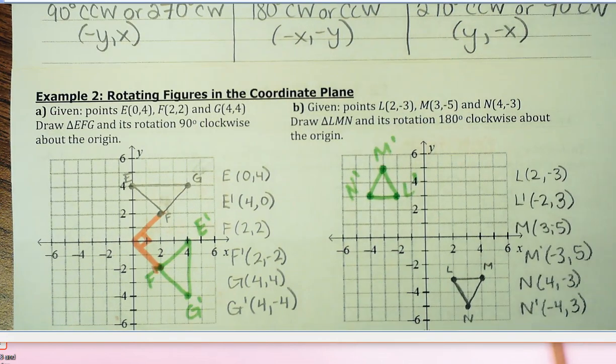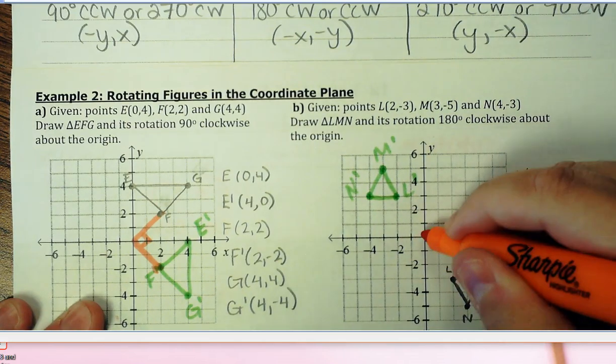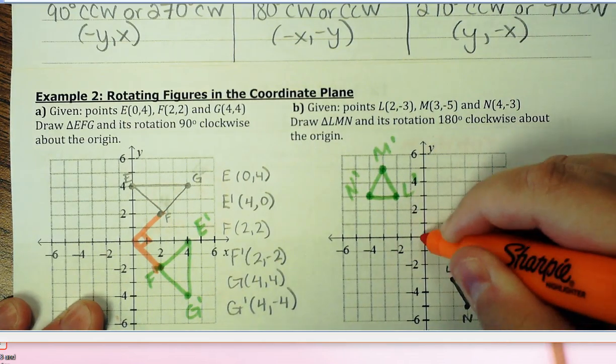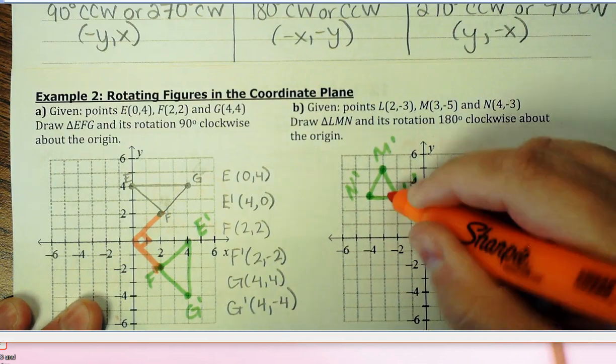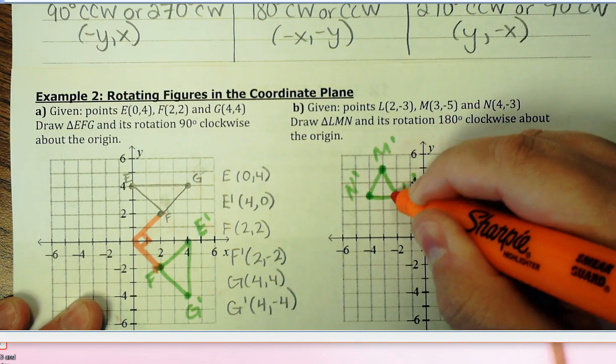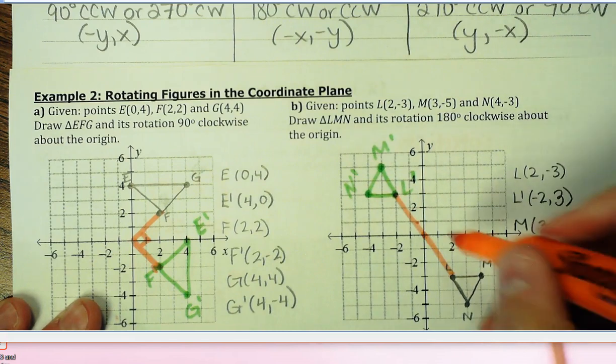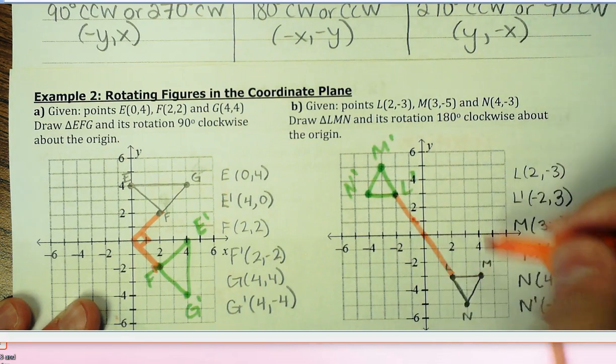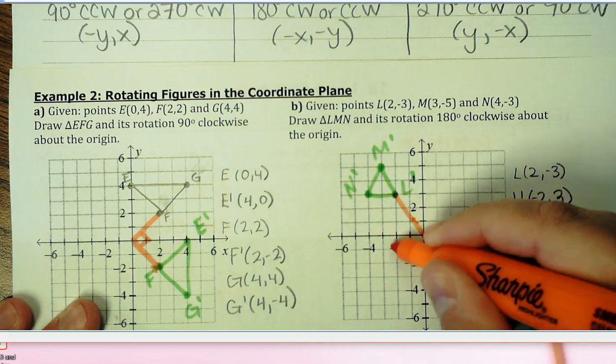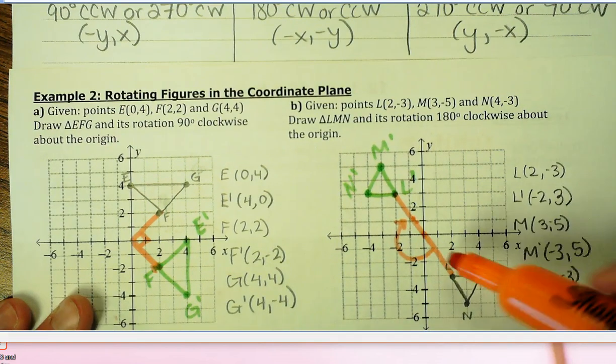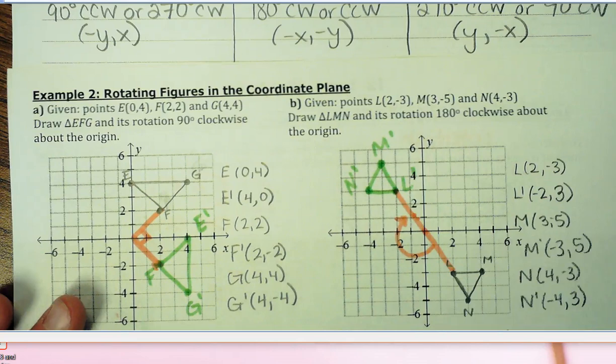And let me show you the 180. I'll use the point L and L prime. If you connect the point L back to the origin, and you connect the point L prime back to the origin, you can see right here, this is clockwise, so technically I'm going this way, but I'm creating that 180 degrees,